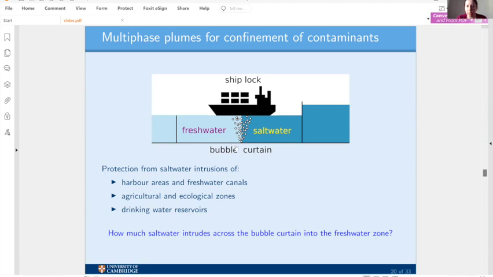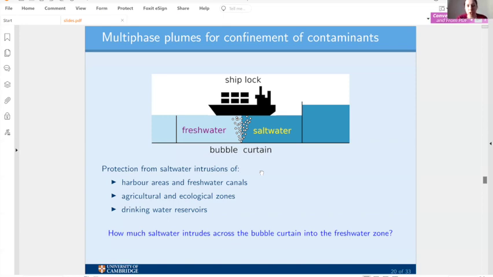What we can do is place a bubble source at the channel bottom and then release bubbles. And these air bubbles will rise towards the water surface. By doing so, they will form a multiphase plume, the so-called bubble curtain. And this bubble curtain will act as a virtual barrier between the saltwater area and the freshwater area. And of course, the question is, is this bubble curtain effective? And moreover, can we still try to describe the infiltration flux of salt water into the freshwater zone across this bubble curtain? And that motivated us to conduct a study that has recently been